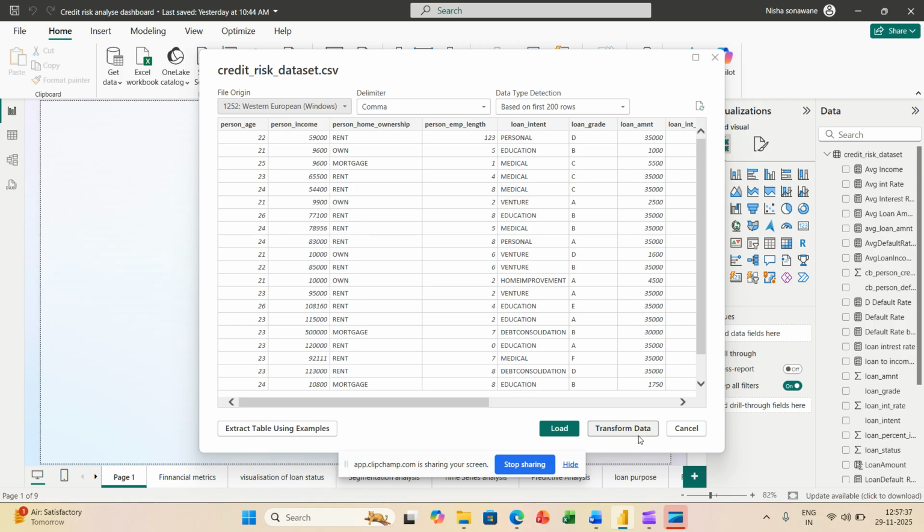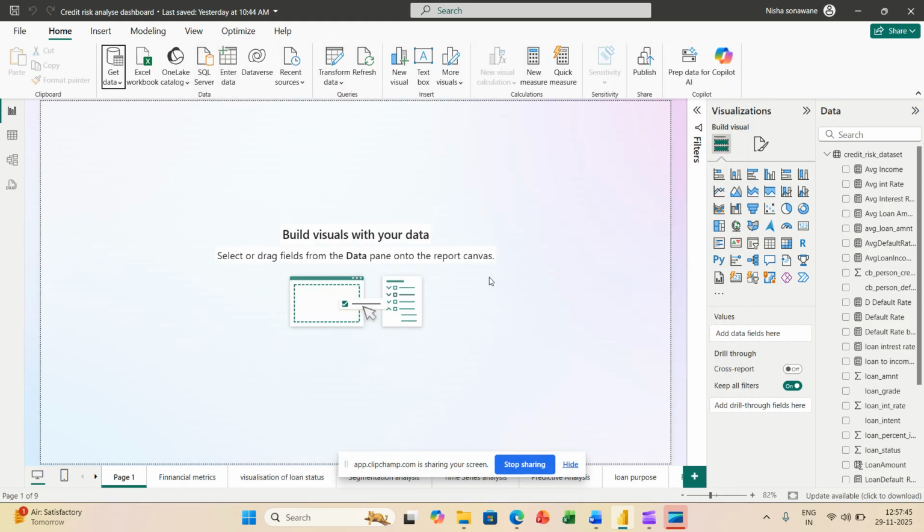If you want to transform your data, meaning cleaning your data or making some small changes, you click on Transform Data. I already created it here.